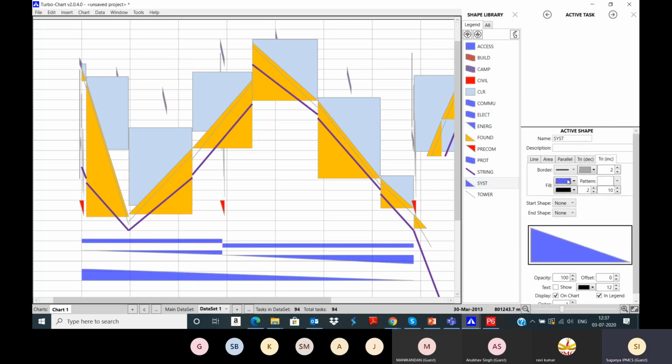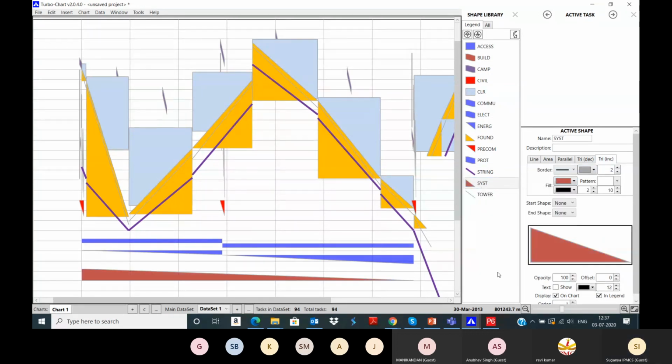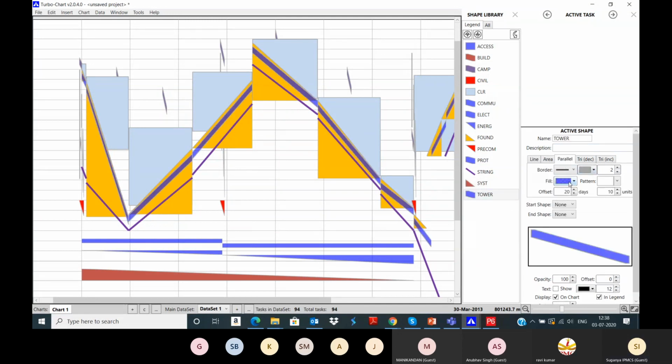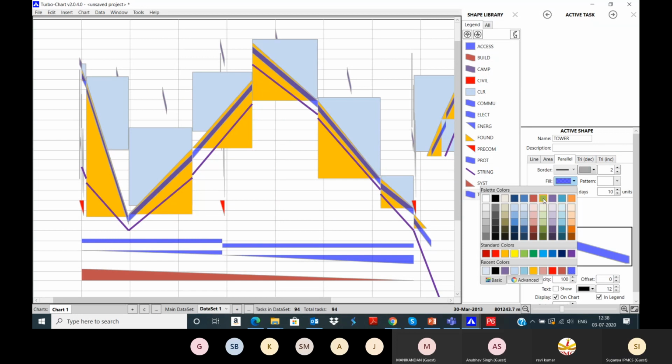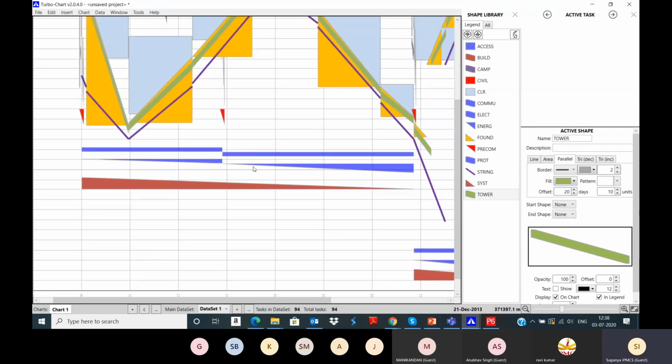Then for system. For tower. So this is how you can do the customizations here.